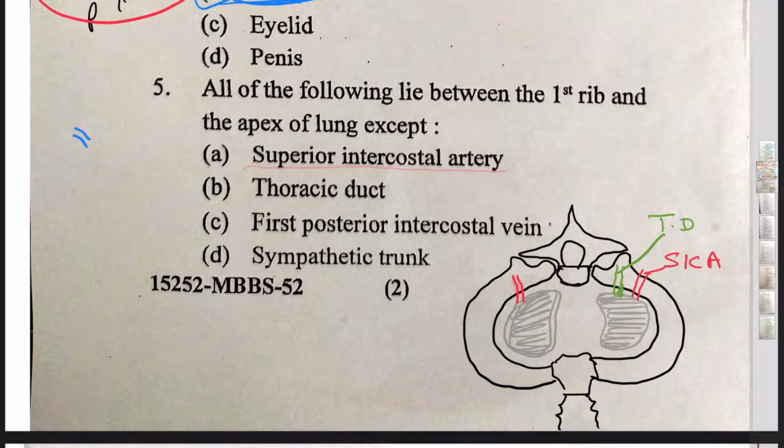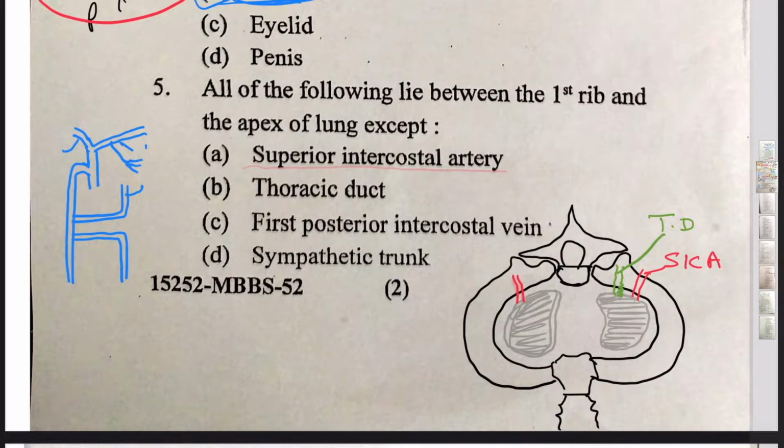Now remember that first posterior intercostal vein, actually, look here, you must be knowing this: this is the right brachiocephalic vein, this is the left brachiocephalic vein. Together they form the superior vena cava, and the superior vena cava receives a tributary on the right side, which is the azygos vein. Here it is the accessory hemiazygos vein, and here it is the hemiazygos vein. So remember that the first posterior intercostal vein drains directly into the brachiocephalic vein, and then you have the first, second, third, which join and drain into the brachiocephalic vein on the left side,